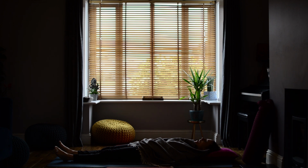To take a moment then to notice the centre of your chest, your heart space, and just feel all that lovely sensation of love spreading out of your heart all the way into the rest of your body, down into your torso, your legs and your feet, up into your brain, out into your arms and your fingers, and to know then that on the next exhalation this practice will complete,